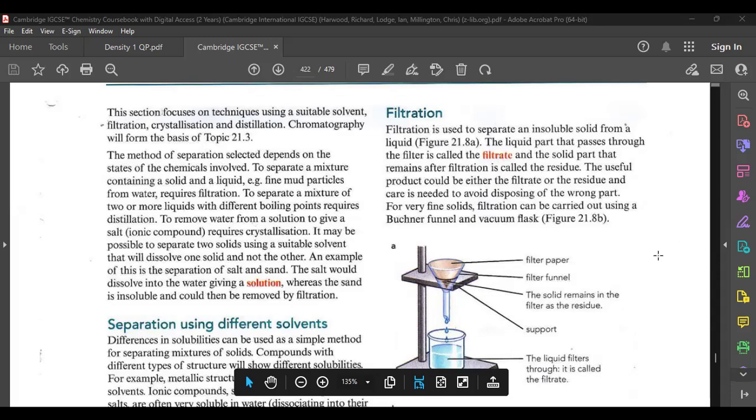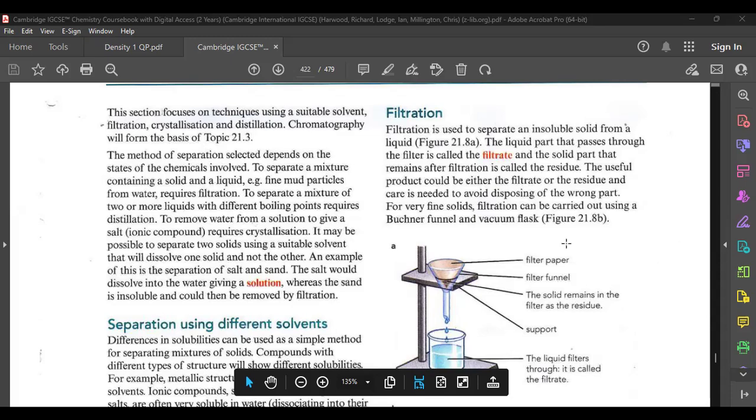We would pass the liquid through a filter paper. The insoluble residue, or the insoluble part of the solution, would remain on the upper surface, retained on the filter paper, and the pure liquid would pass into the beaker or into the funnel. So the apparatus we have used here